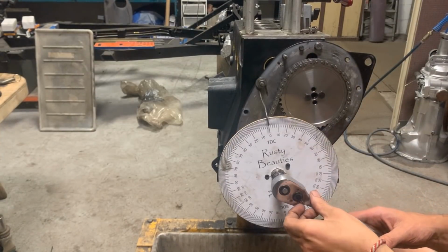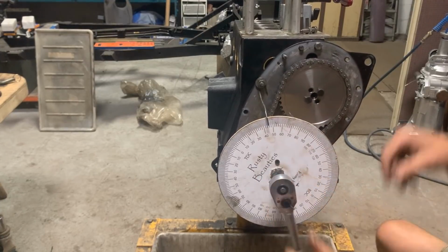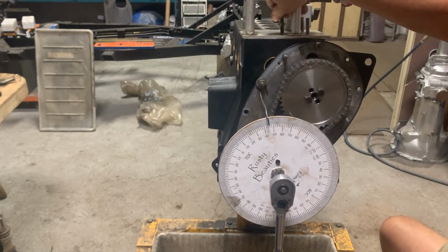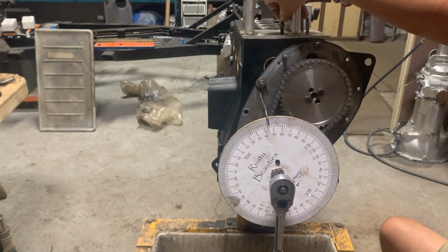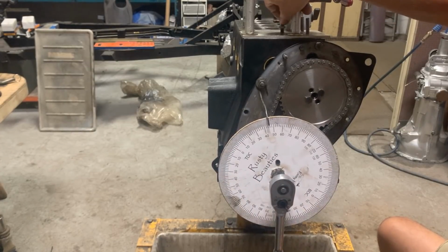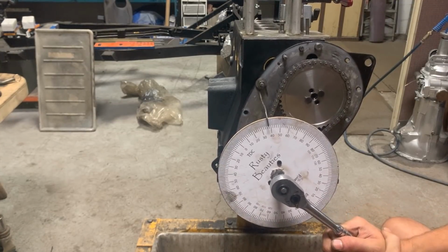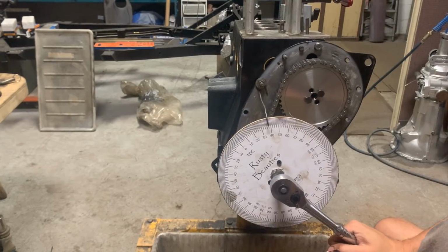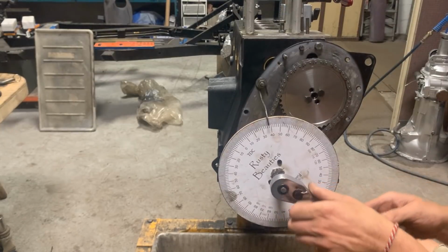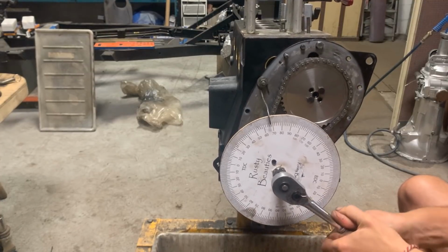And now we can just double check it one more time. So we can turn this back again and put our screw one more time. We're gonna make sure that now we have equal numbers on both sides of the 0, which is the top dead center. So let's go clockwise again until it stops. Okay, now because I put the screw in a random position, it stopped at, what is that? Between 37 and 38, right in the middle. But now, if we go the other way, it should stop at the same number. If it stops between 37 and